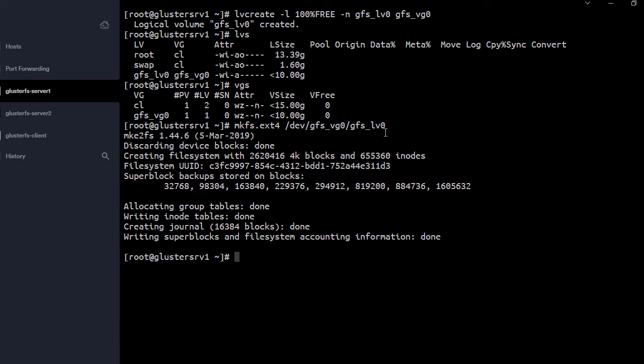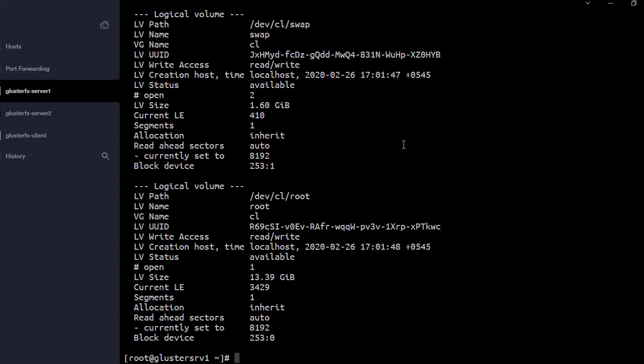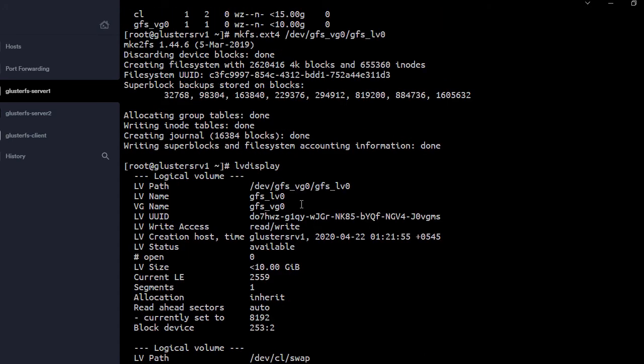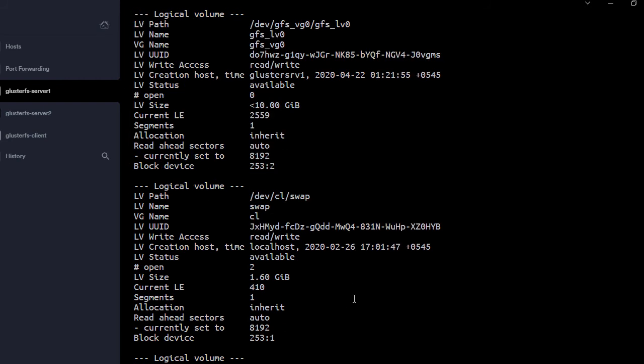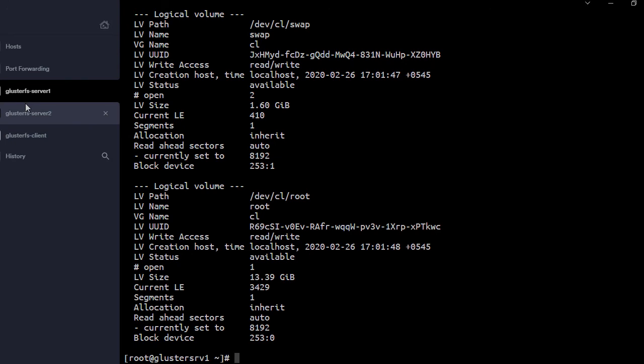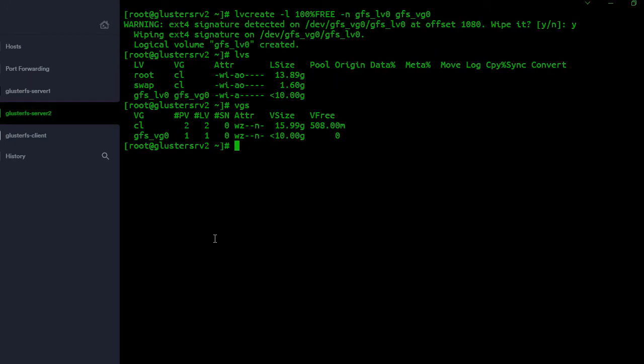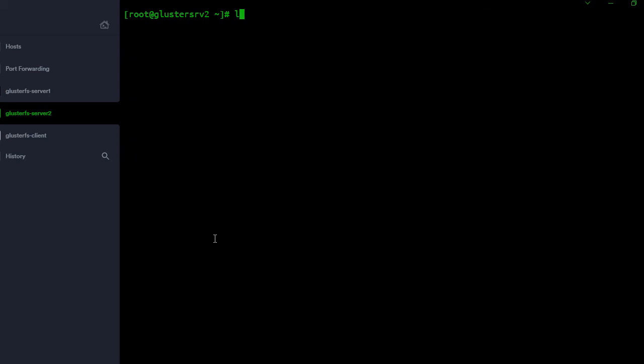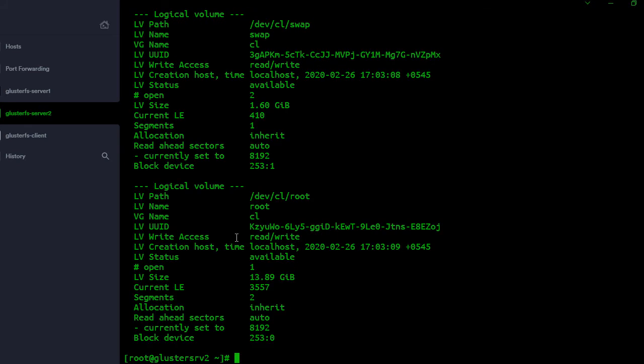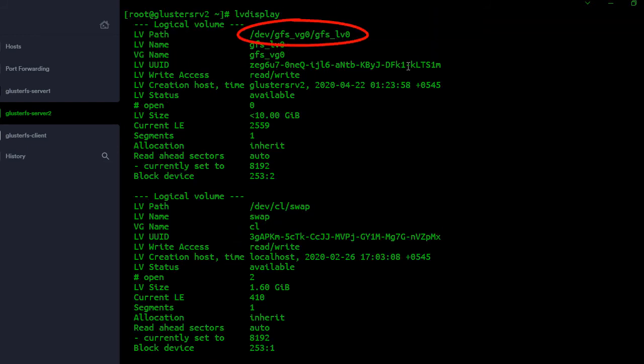There's another way you can copy paste, and that is lvdisplay. From here you can directly copy paste. If you are having a hard time remembering the names, then you can simply copy paste from here, no issues. Okay, first of all let's clear this. If I do lvdisplay, we can see this is the logical volume that we had created.